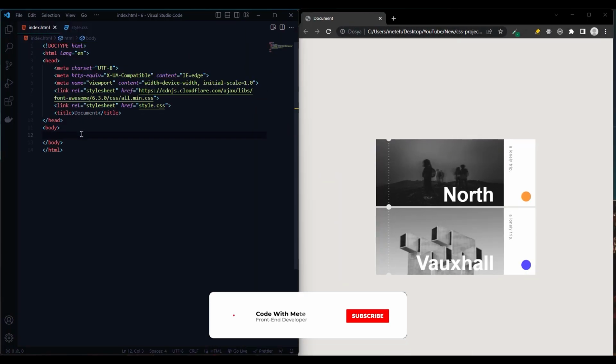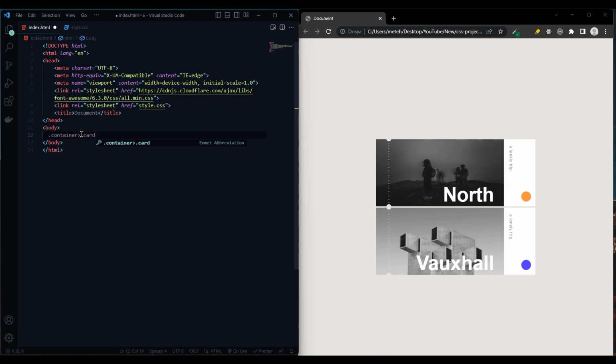First of all, we create the container div and create a div in it, and the class name will be card. With the h2 tag, we add the title, and then we add the arrow icon. We create a p tag, a lonely trip. We are creating a div for the background image, class name pic,